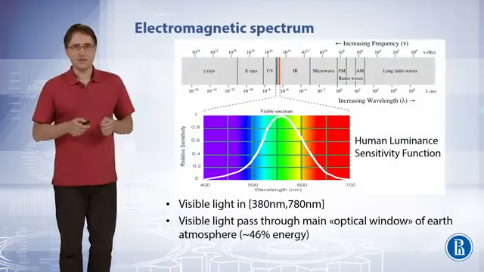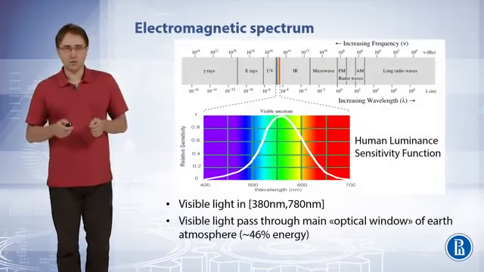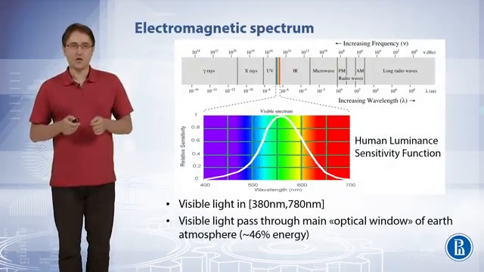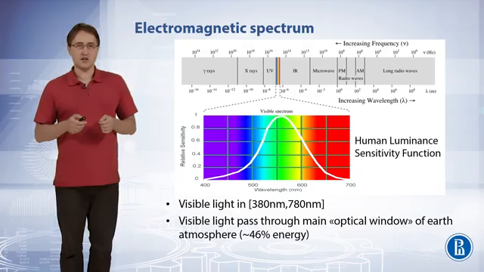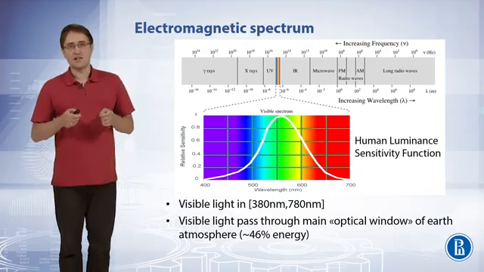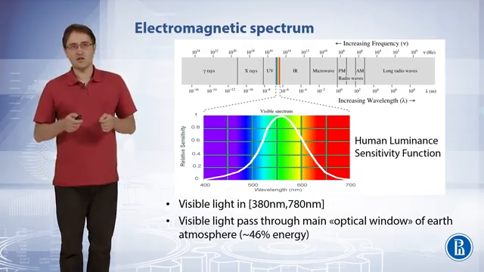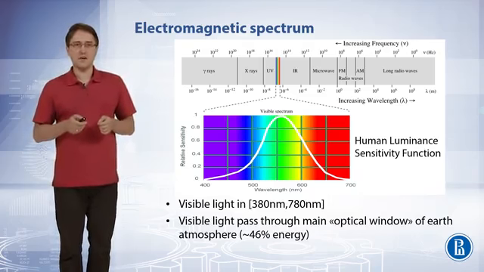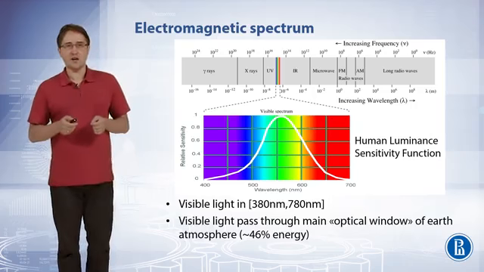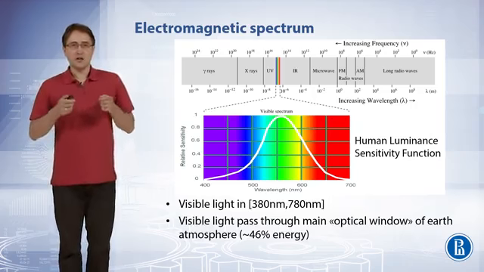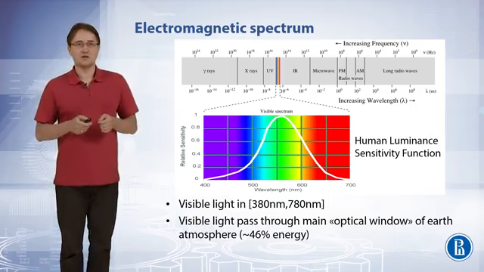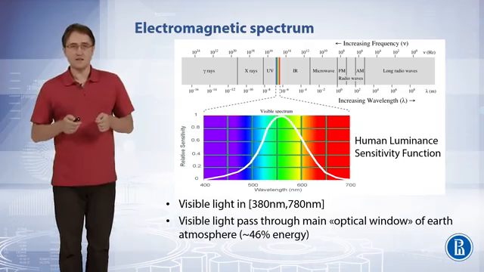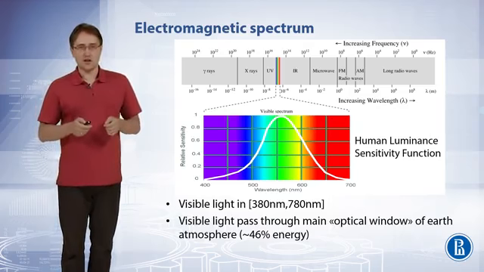Visible light is an electromagnetic radiation in the range from 380 nanometers to 780 nanometers. Our eyes are sensitive to electromagnetic radiation in this range and are insensitive to electromagnetic radiation outside this range. The reason why this has happened probably lies in the fact that almost half of the solar energy that reaches Earth is transferred by light in this range. Almost the same amount falls to the infrared light, and the rest falls to ultraviolet radiation.